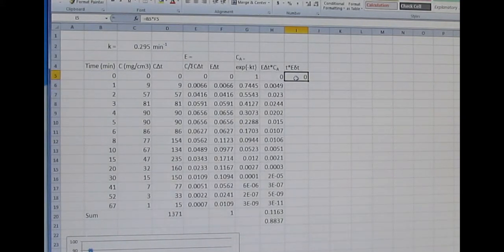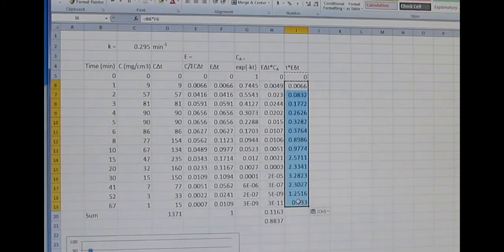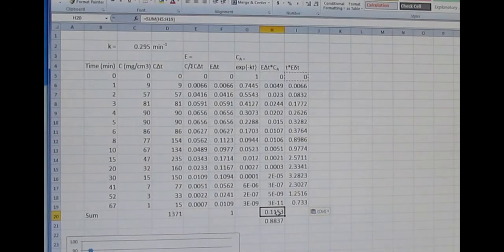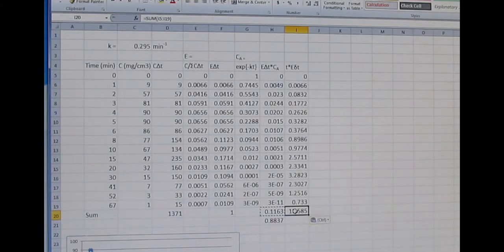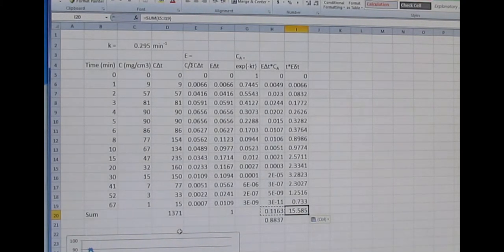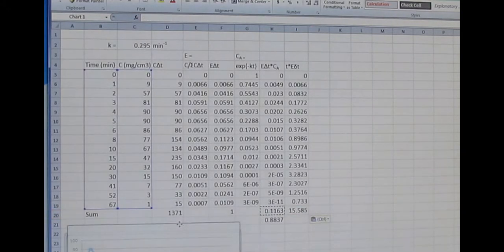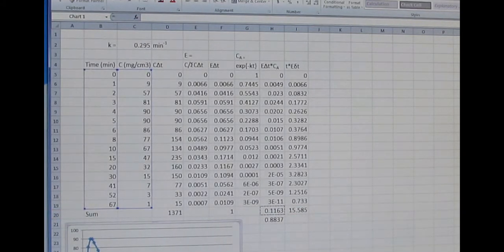And we'll copy this. Now, when we do the sum, boom. Simple as that. It gives us what the mean time for the reactants is in whatever structure we have here